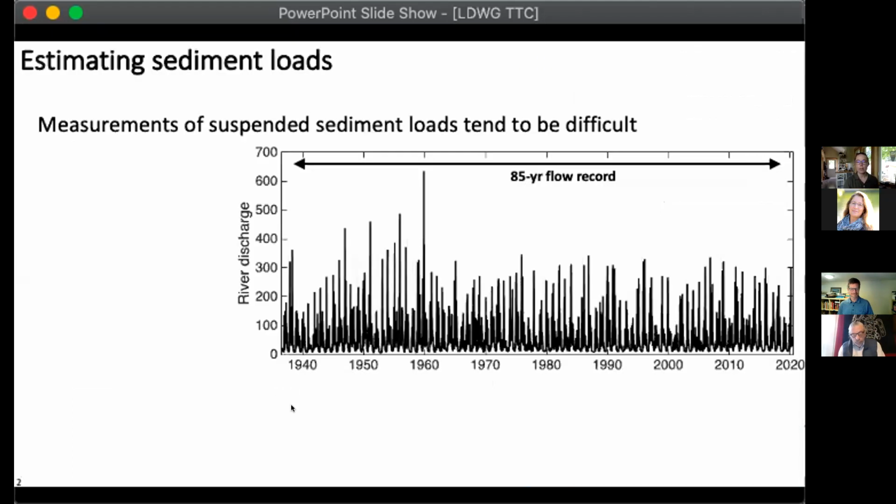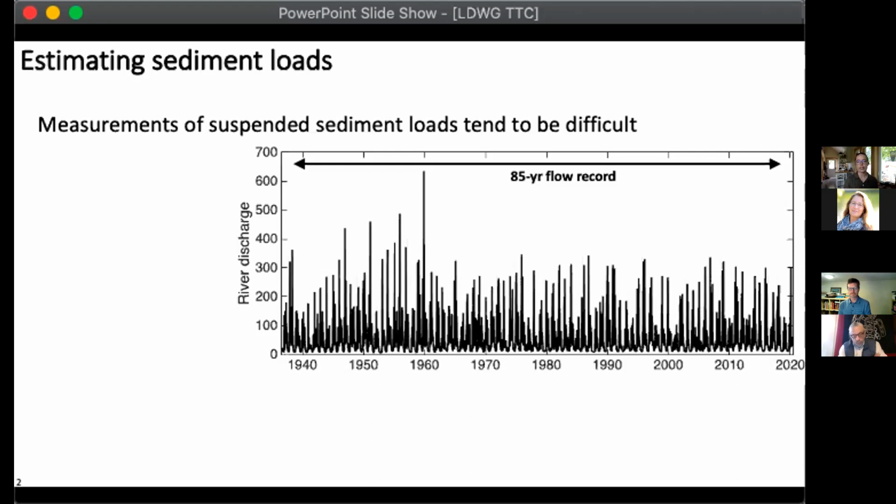So before I dive into the data, I want to take a second to talk about how we estimate suspended sediment loads in general. Understanding suspended sediment loads is really important for planning and managing rivers, estuaries, and nearby coastlines. And historically, measuring the total amount of suspended sediment being carried by a river at one point was pretty challenging. Nowadays, technological advances have made the measurement much easier, but maintaining the sensors for continuous measurements is actually still pretty